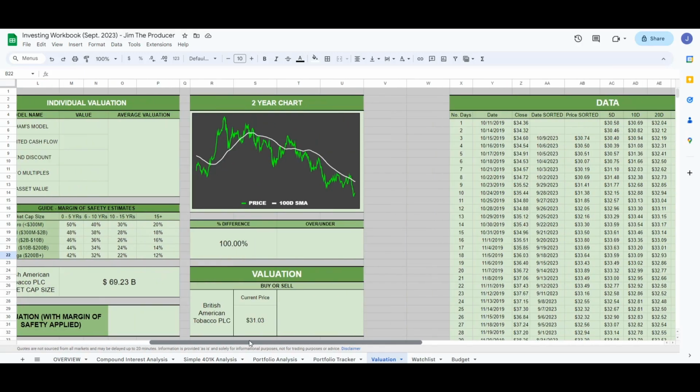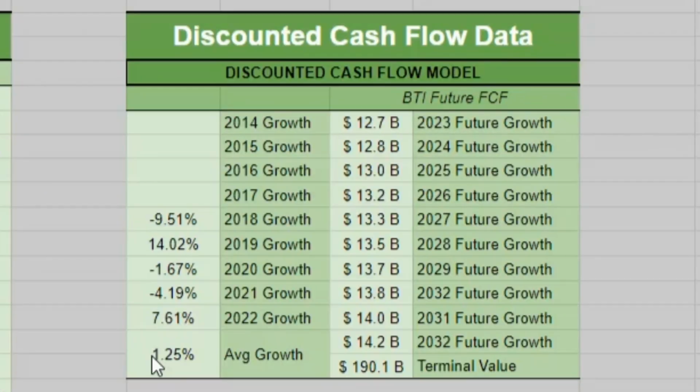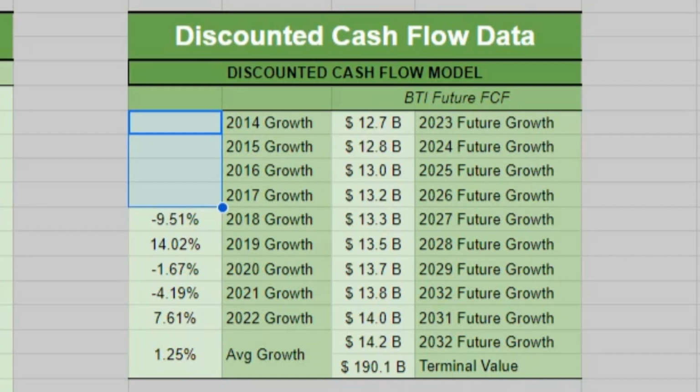If we come over to the actual brains of the calculator, looking at the average growth, if I included 2014 through 17 numbers, that would have given me a 14% average growth, which would be telling me that over the course of the next 5 to 10 years, BTI would be growing their free cash flow 14% every single year, which is just not true. I used more of the recent figures, which came to a number that I was more comfortable with of 1.25%